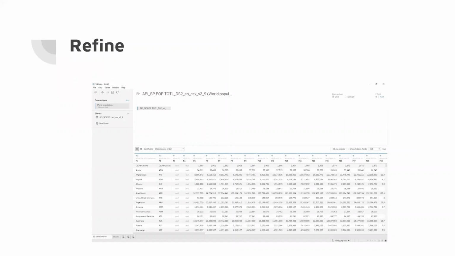Refine. Refine is filtering the data. So first we implement raw data into Tableau. As you can see in the picture, it was just implemented. Next,